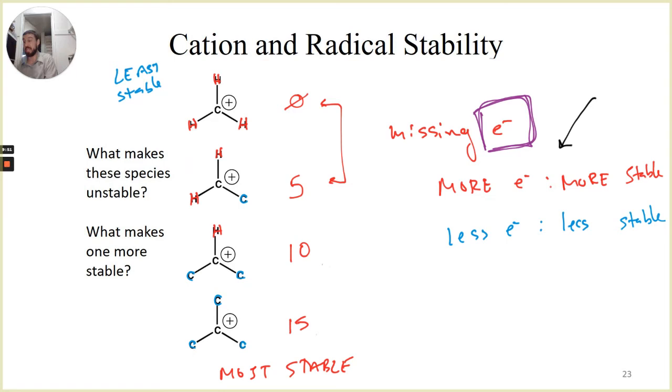So it might be nice if we had a labeling system. And it turns out we do. We can count the number of carbons connected to our central atom. So in that bottom case, there's 3 carbons connected, and we can call that,